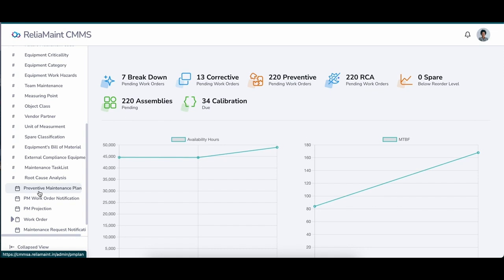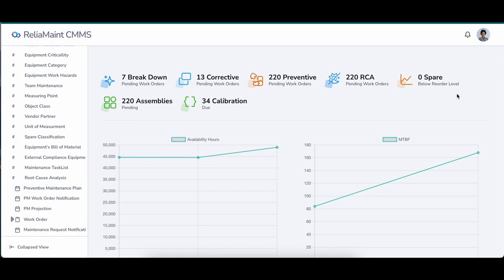Then we have root cause analysis. If there is a breakdown where breakdown time is more than 2 hours, or the cost factor, which we have taken as 5000 INR, is crossed, it will automatically open the RCA, root cause analysis form. These open root cause forms are measured here.